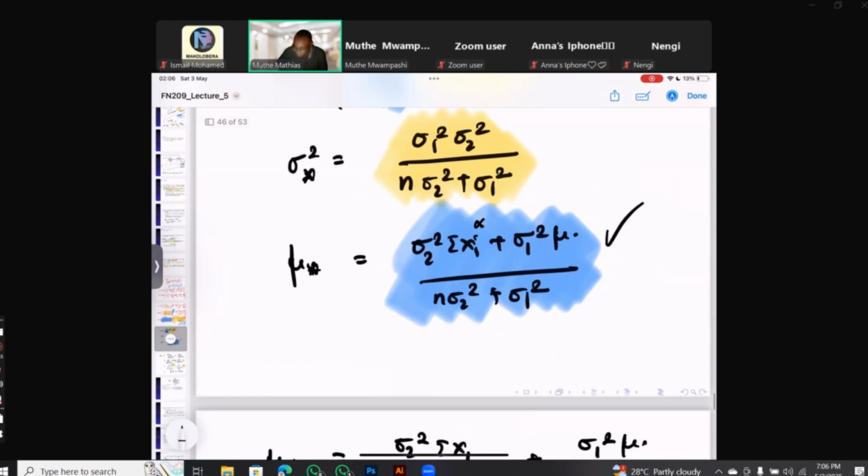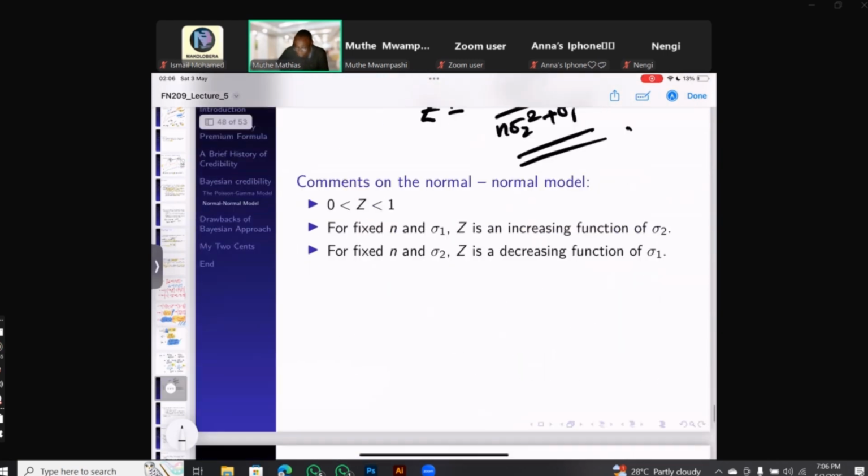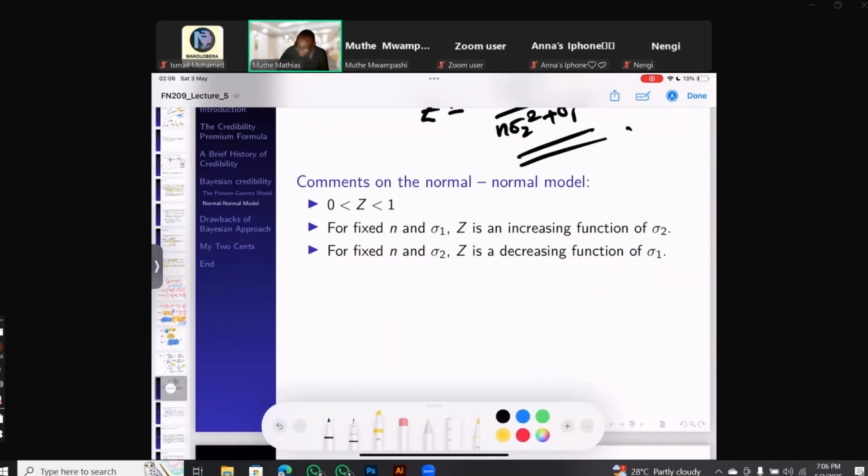So just to finalize this one here, Z in the normal model is just like the Z from the start, in that Z will always be between 0 and 1. This doesn't change, right? It is the property of